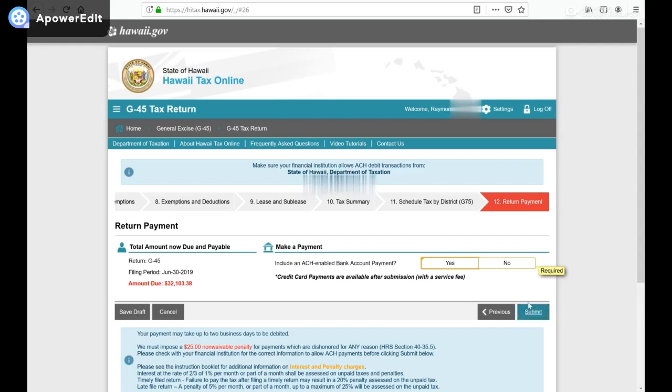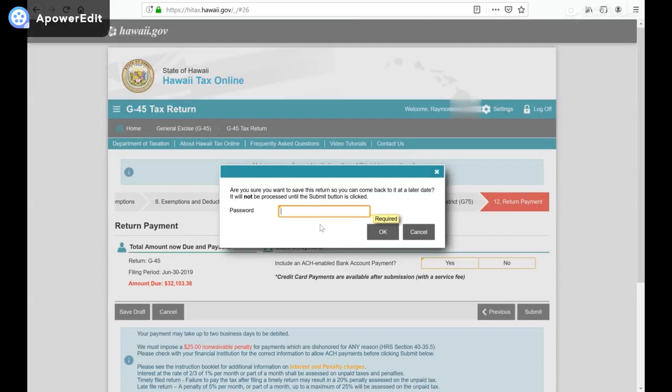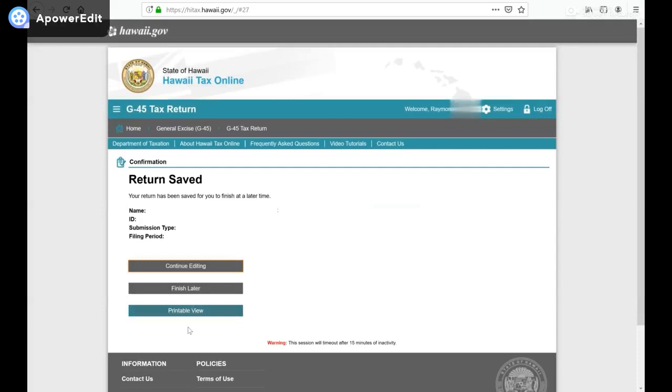When you hit Submit, there's actually one more step you want to take before you sign off. For now, I just want to hit Save Draft because I got to go back in and change the lessor deduction from Tinkerton to the actual lessor a little bit later here after the video recording. All right, now you have the printable view here. My company or my client requires that I print it out and show them before I submit it. So that extra step I was telling you that you're going to want to do is you go to the home page,